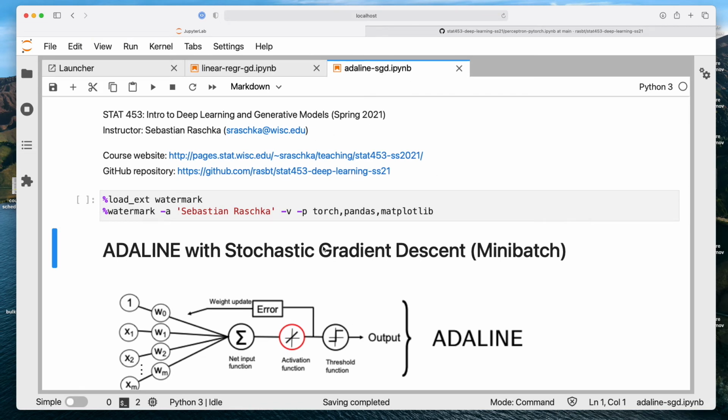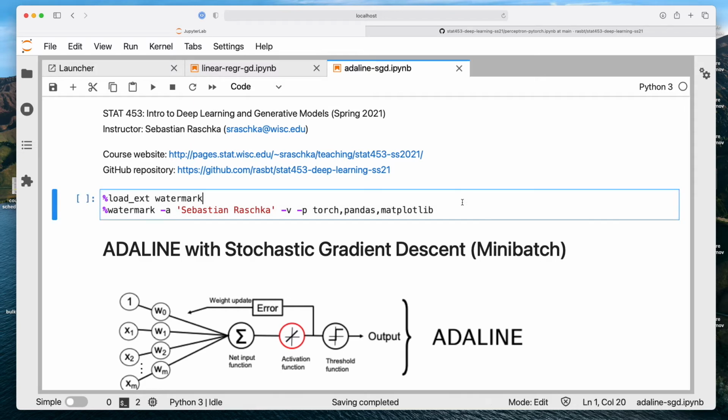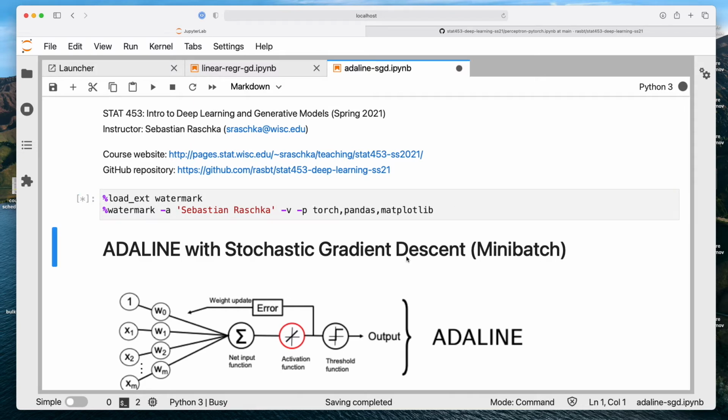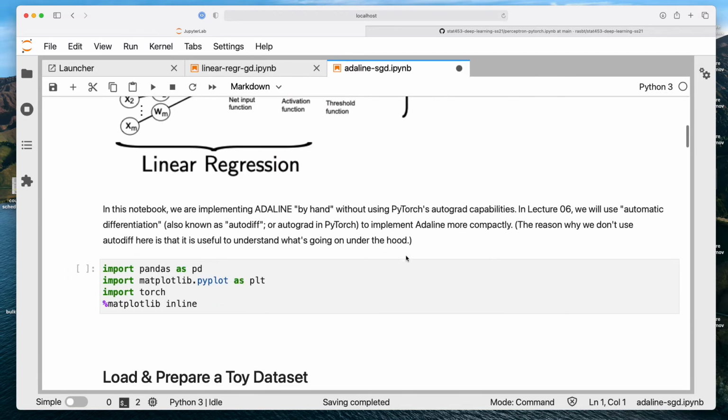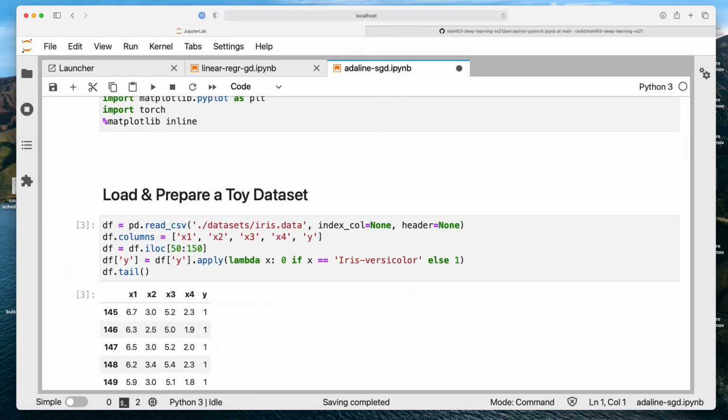We could also implement it with gradient descent, it doesn't really matter, but here we used stochastic gradient descent, the mini batch mode, because this is something we will also be using later on when we implement deep neural networks. So again, these steps are all the same. Just using a different data set.